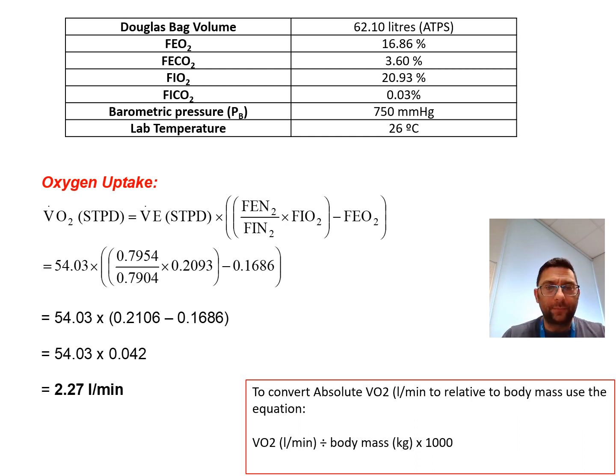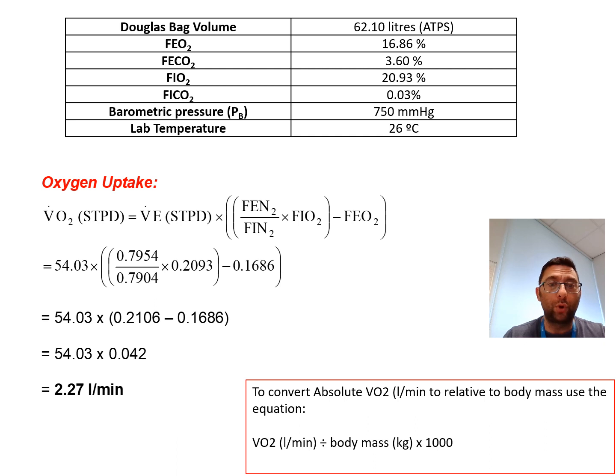Divide that by the inspired nitrogen concentration, 0.7904, multiplied by inspired O2, 20.93%, as a fraction 0.2093. Work that bit out first, which gives you 0.2106, and then minus your fraction of